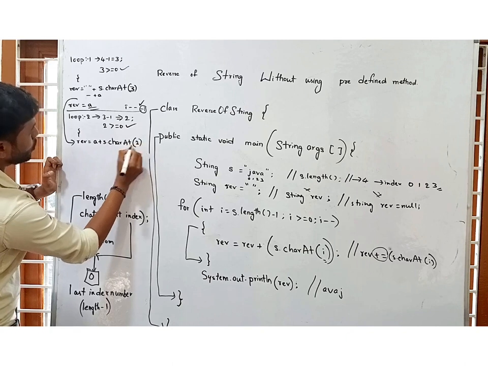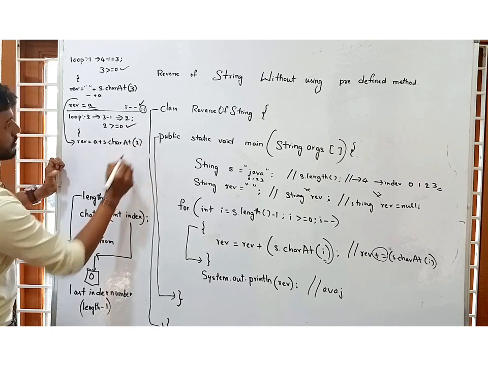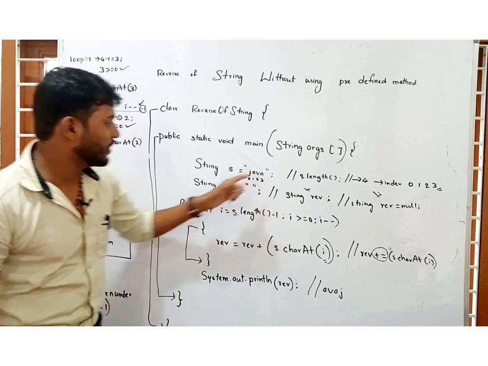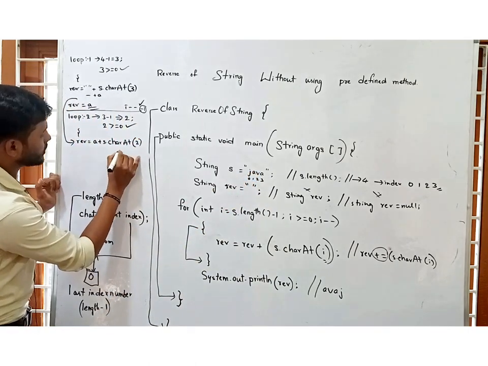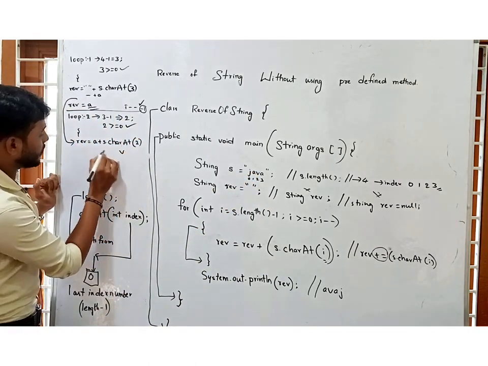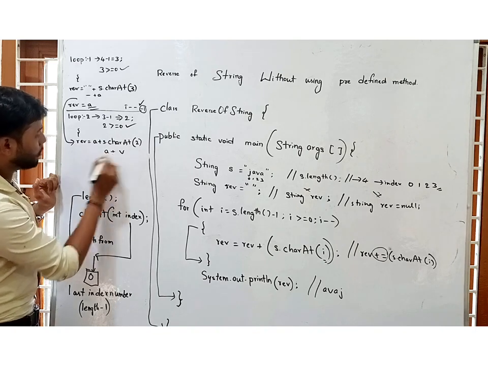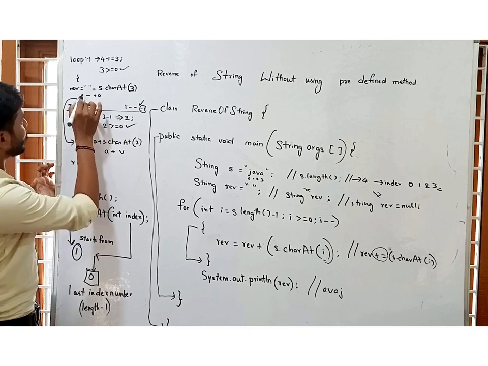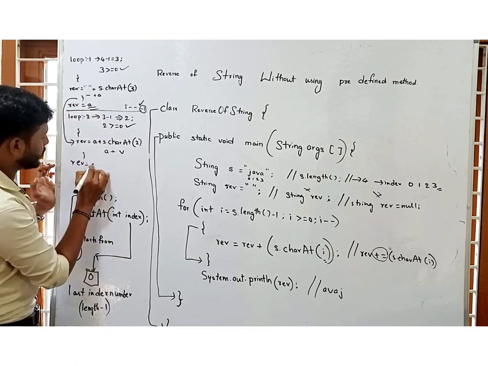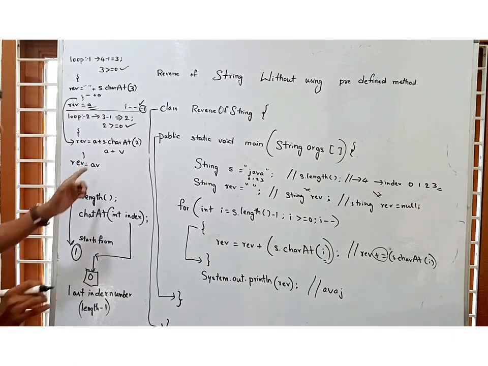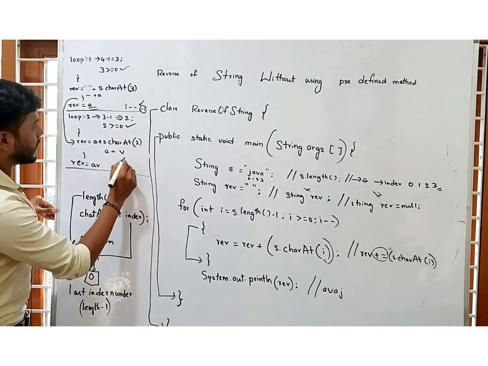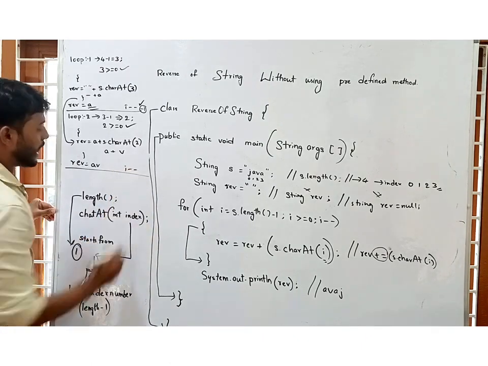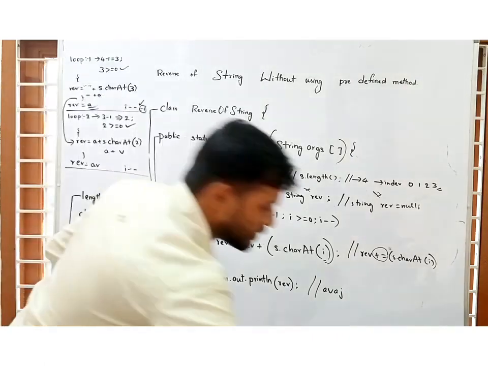2. What is the 2 value? In the 2 we are getting a V. Okay, in the 2 we are getting a V. Before that we have A, plus V. Now reverse equal to AB. Reverse equal to AB. And again we have a decrement, I minus minus. Here I am erasing this thing.